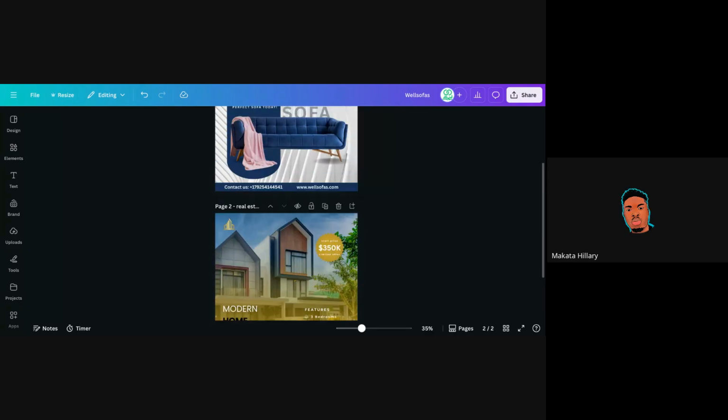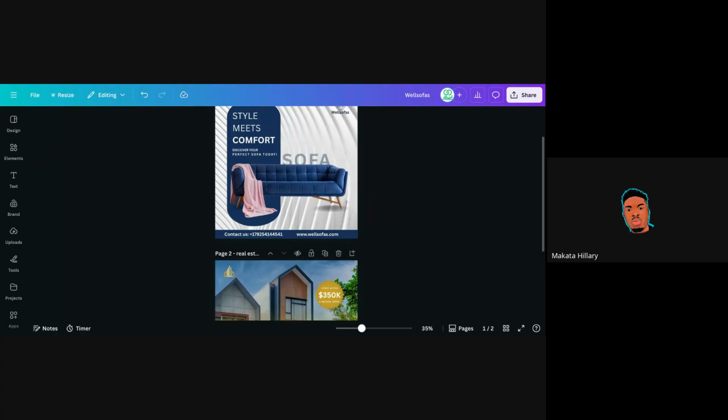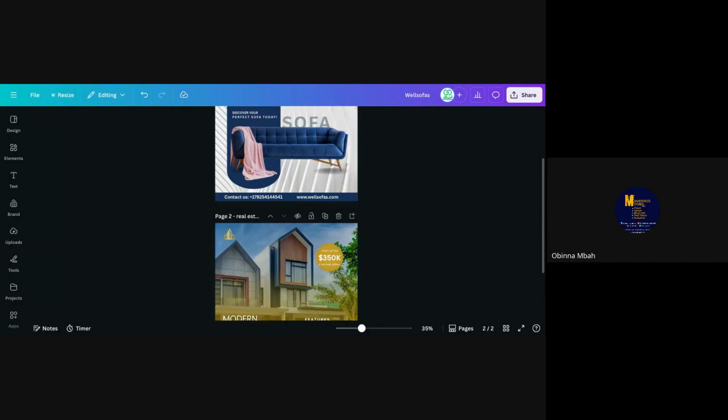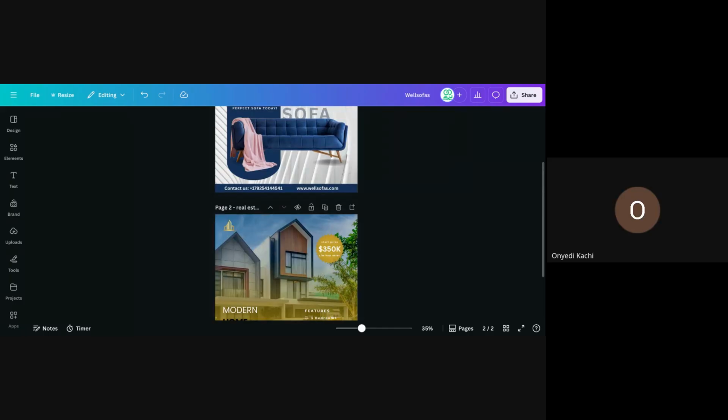I know the two are good. I'm saying which one is better? Which one do you prefer? The sofa design or the real estate? Let's do the two. The real estate is more simple than the other one. Okay. So